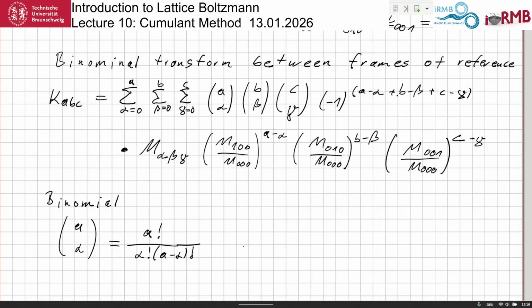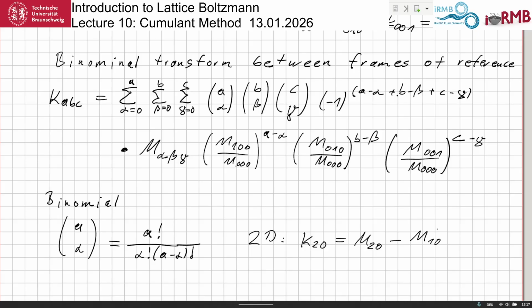If you use this function, I've written it in 3D. If you use it in 2D, for example, this K20 will turn out to be M20 plus something. So you see when alpha equals A, then these things here will all be 1, because they are taken to zero order. So the central moment is always the same raw moment plus or minus something else, and this something else is a polynomial in velocity. So what comes out is minus